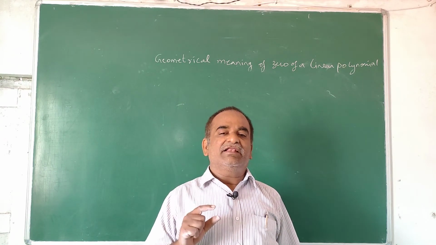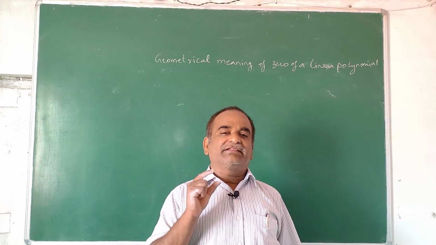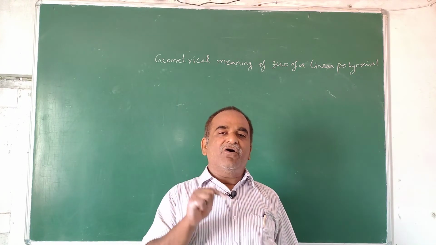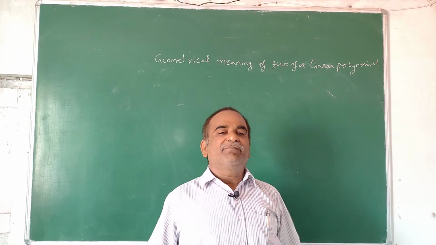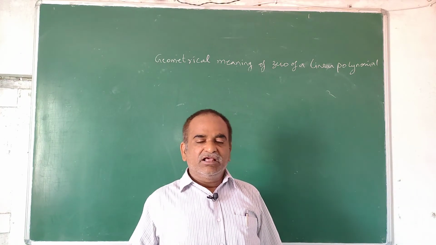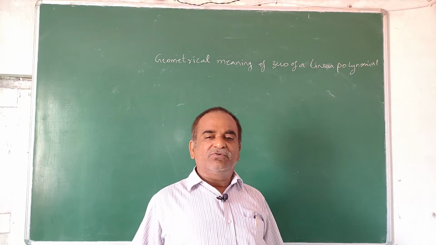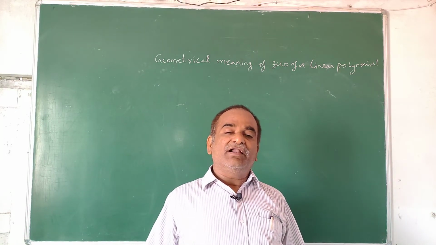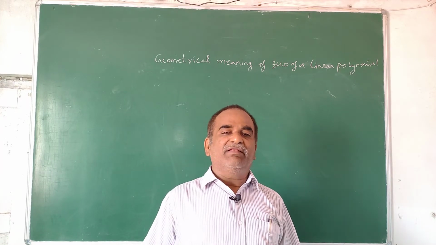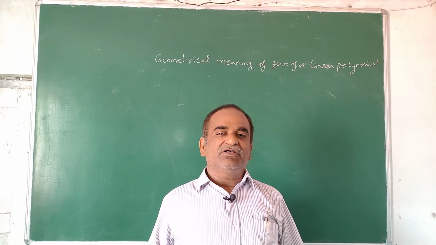So the line where it is meeting the x-axis, at that point the x coordinate would be the zero of the polynomial. Understood? Now we are going to see the zeros of the quadratic polynomial,